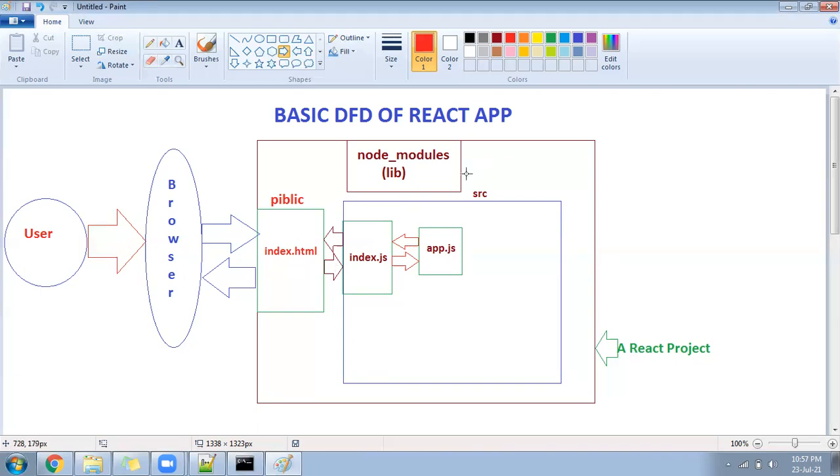Now, these modules that we have added, where are they going to come? Yes, I will guide you. That module is going to come to this one. This module we can call under the app also, and this module can be called under the index also. It can go to both places, we can call it anywhere. It is not necessary that we call this module library under the index only. We can call it in app also, throughout the project, everywhere. Okay, till here we understood this is the basic ready-made structure of a React project.